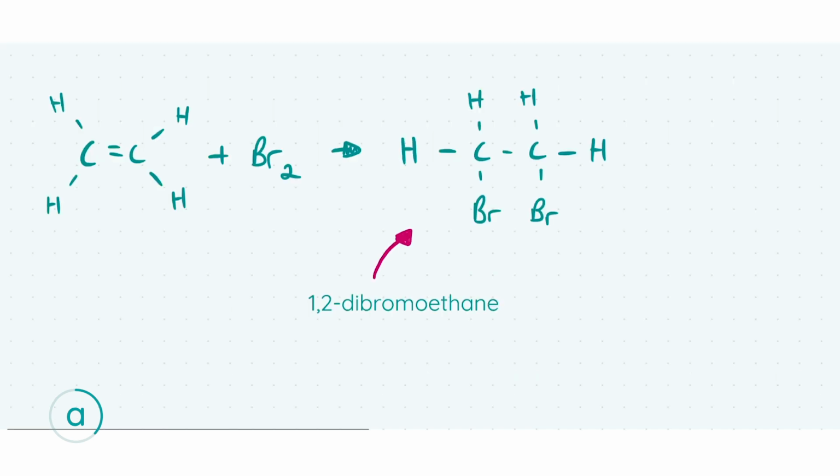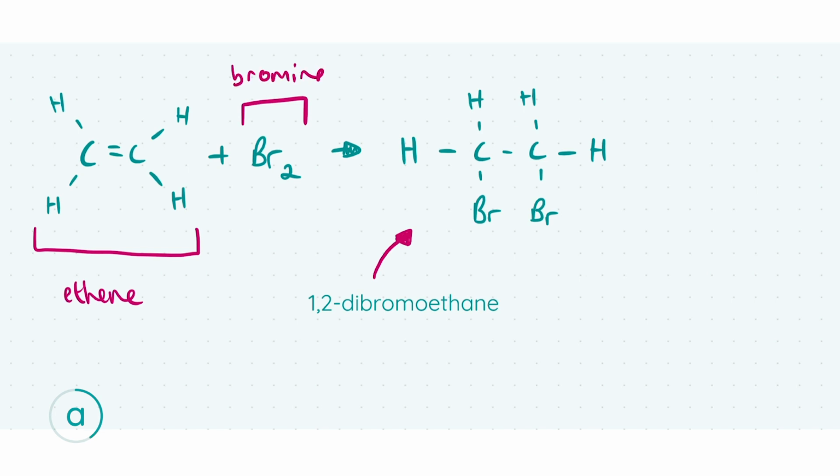So here I have drawn out my thought process about how to approach it. On the left over here, this is our ethene, having a double bond between the 2 carbons and our 4 hydrogens around it. As well as that, up here, we have our bromine solution. In this case, I'm just going to say it's bromine on its own being applied to it. And what happens is when you mix this bromine with the ethene, it breaks down that double bond between the carbons, and it creates something looking like the molecule we have on the right,